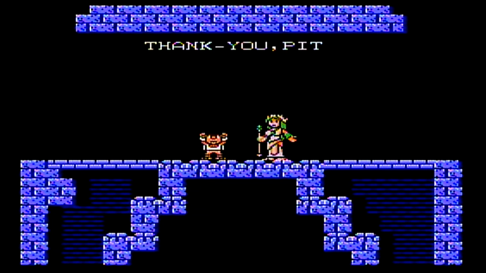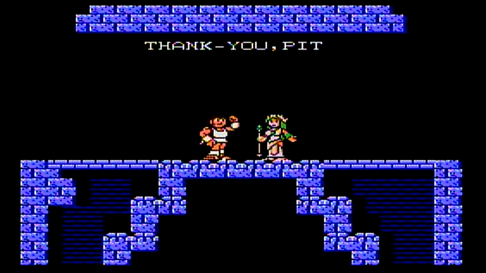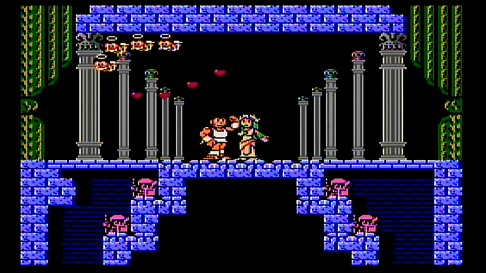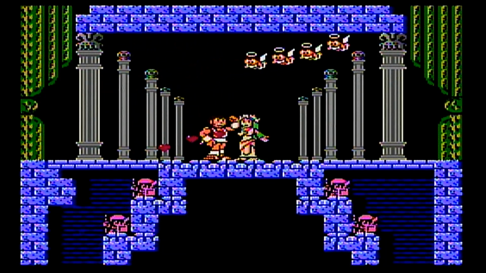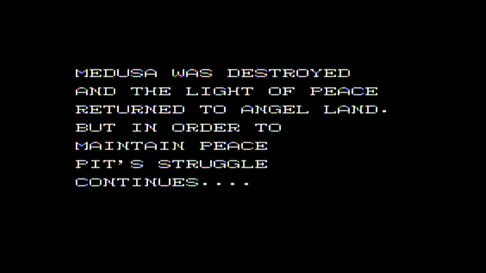the goddess of light. Because we've maxed out everything, our hearts, our arrows, our strength, our life meter, and got the 3 treasures, we get the best ending, where Palutena turns us into a grown man and gives us a kiss, and these angels fly around. Medusa is destroyed and the light of peace returned to Angel Land, but in order to maintain peace, Pit's struggle continues. So we get the staff roll, and then at the end you just press start,